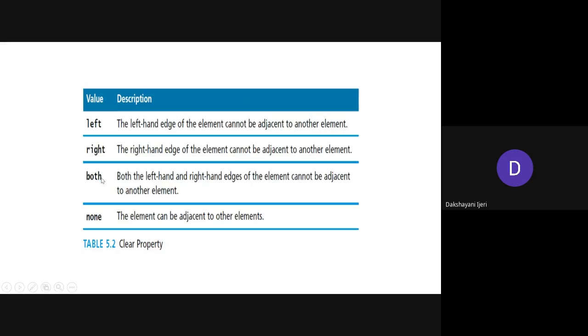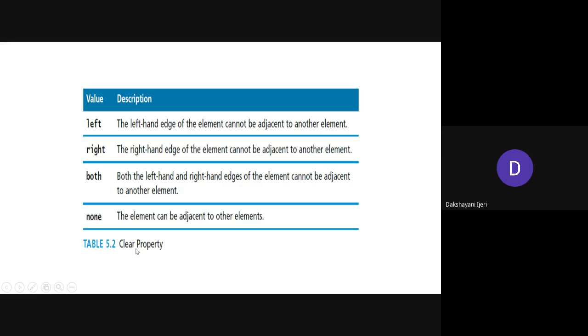So in that case, one more property you can use is clear, in order to remove the float application on some of the contents. The different values you can take for the clear property are clear left, clear right, clear both, or clear none, right? If you use clear left, the left-hand edge of that element cannot be adjacent to another element.